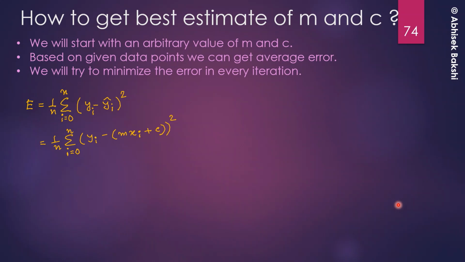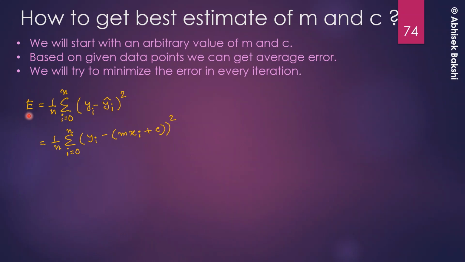Okay. So now you see, since I told you that yi cap is nothing but the predicted y, and this predicted y depends upon the corresponding m and c that I have got, right? That's why, instead of predicted y, I have written mxi plus c, because this m and this c, this is what actually we are trying to find out, right? And the other part remains the same. So I hope this equation is clear to you. So this is the equation of error, and what I am trying to do is minimize this error e